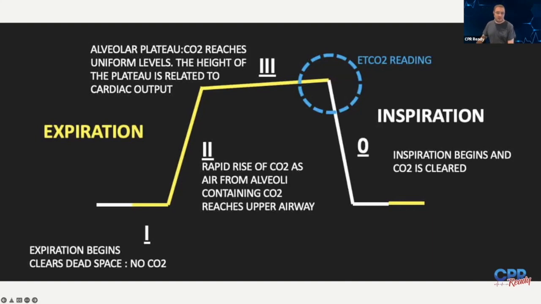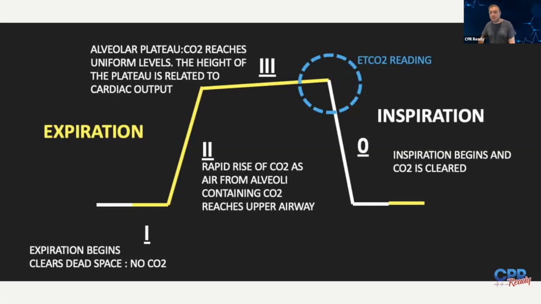Then we hit phase 3. Phase 3 we call the alveolar plateau. This is where all of the air being sampled by your monitor is coming from the lungs. We've cleared all the dead space, and those CO2 levels begin to kind of level off. But in a normal capnogram, it has a little bit of an upward angle to it. And then this very last part where it's circled, that is the peak of the CO2 that gets measured. That's what we call our end tidal CO2, because it's at the end of the tidal volume of the exhaled